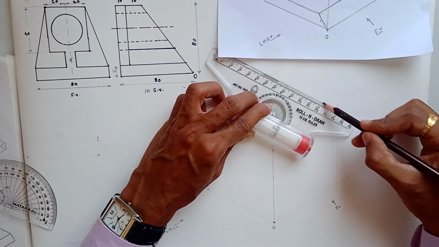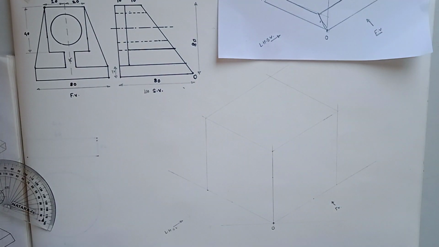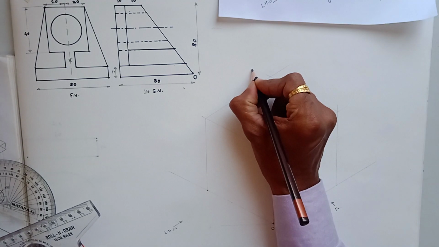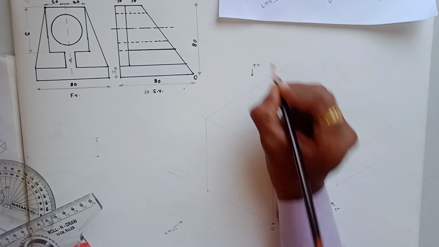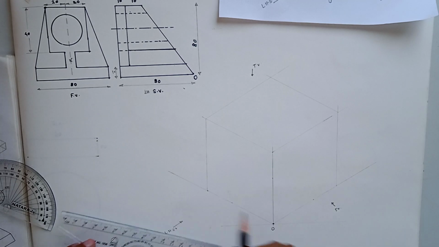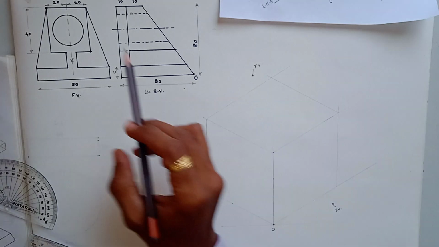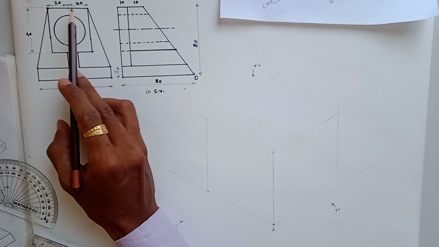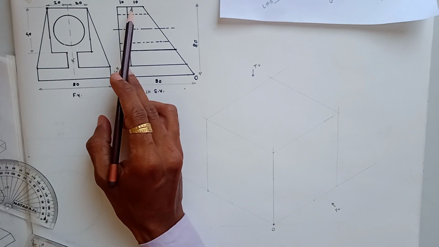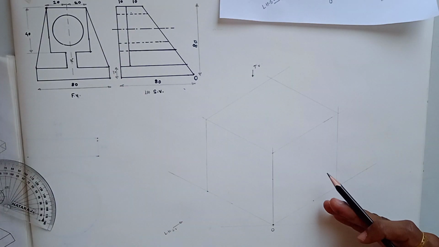And complete the rectangle in the top view. So this is front view, this is the left hand side view, and if you observe from the direction, this is the top view. Okay. Now first we will draw the rectangle on the top plane. The dimension is 20 plus 20, it is 40, and this is 10 plus 10, 20. Okay. So this is the front view.